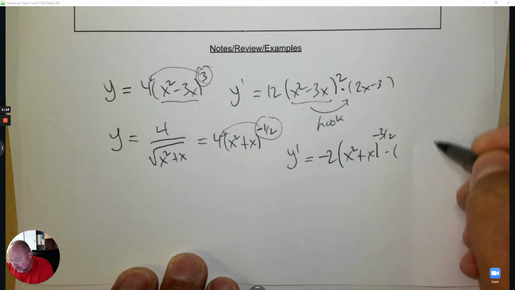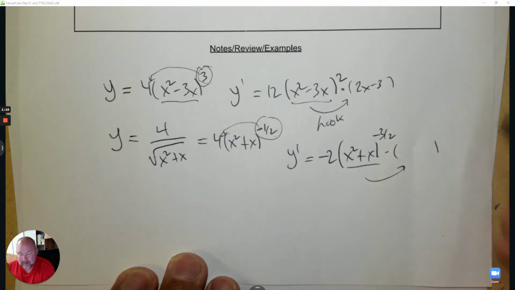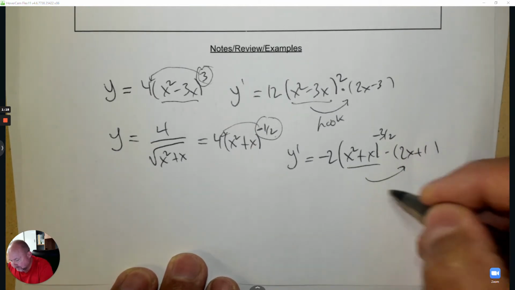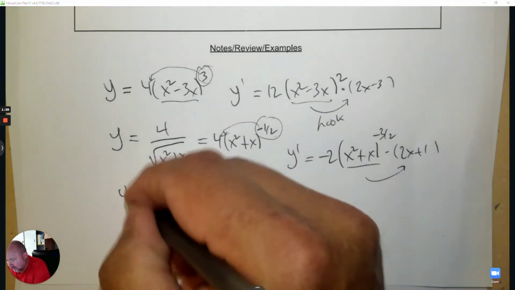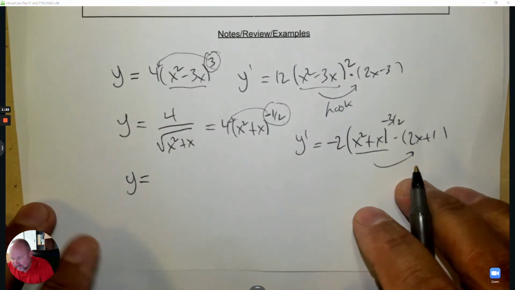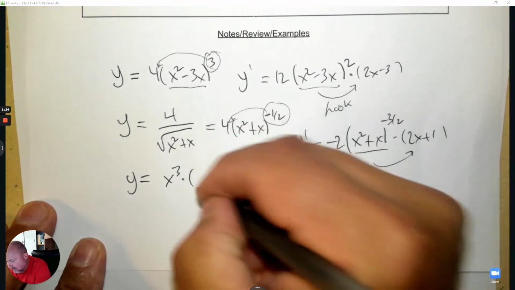And now here's the hook part. What's the derivative of that base? And that's what's called the hook. Sometimes you have two rules going together. So if I have,